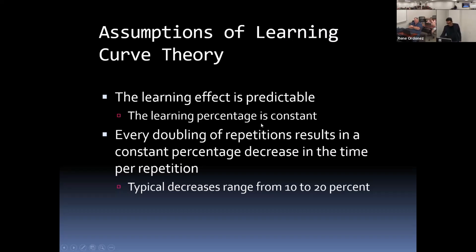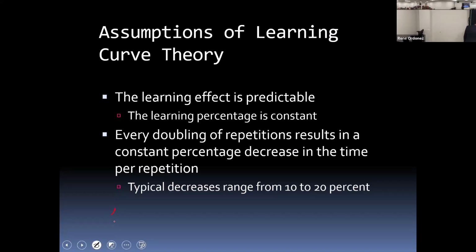So this is an important assumption. Percentage of learning is constant. Now, this learning percentage is applied to the second bullet point here that says the percentage improvement in unit completion time. You will observe that on every doubling of repetition. Meaning, you will observe that when you